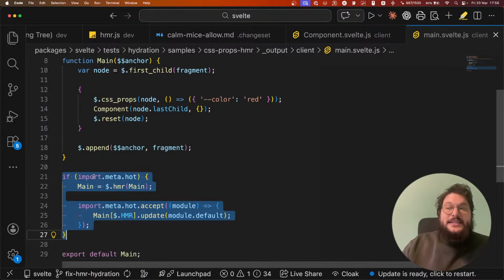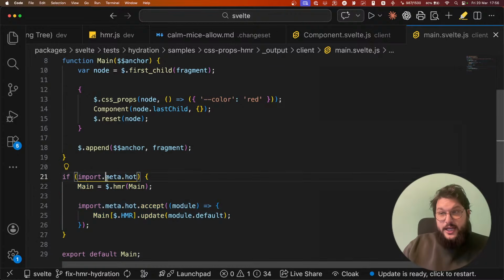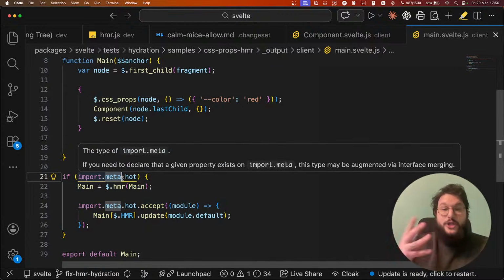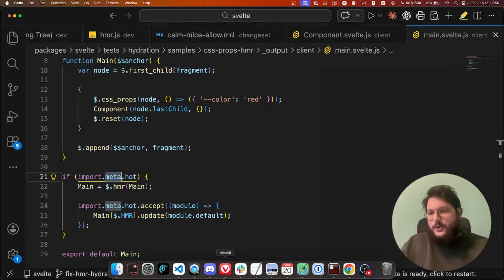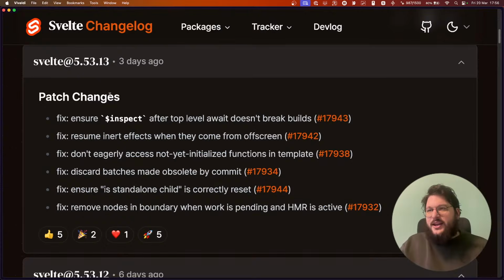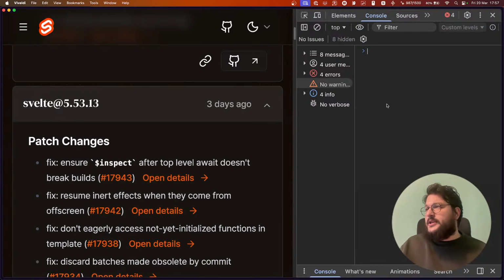Basically Vite, when HMR is enabled, will add hot to the import.meta object. import.meta is something that is available in the browser. I mean, import is something that is available in the browser, but if I open this and I do import.meta,